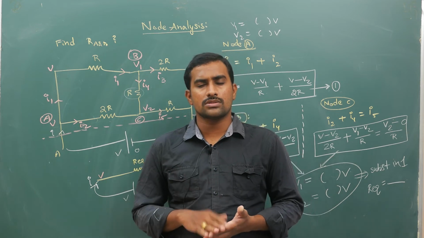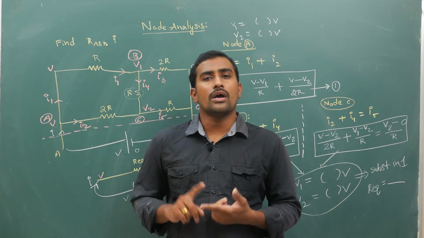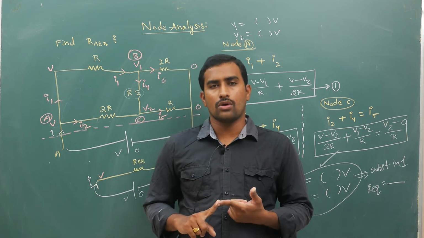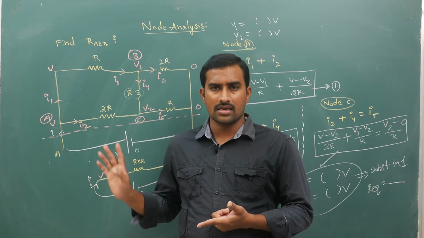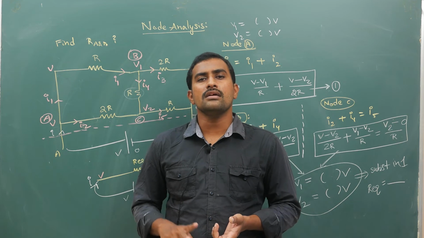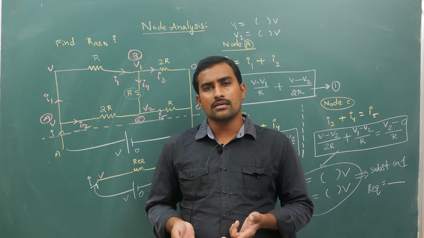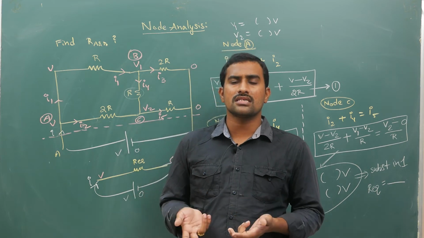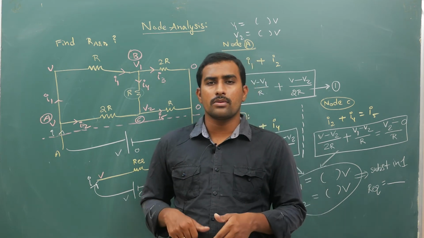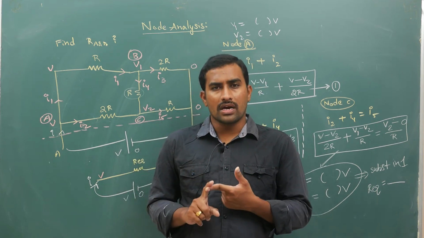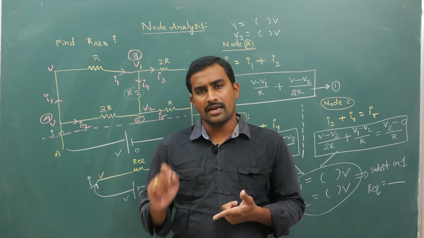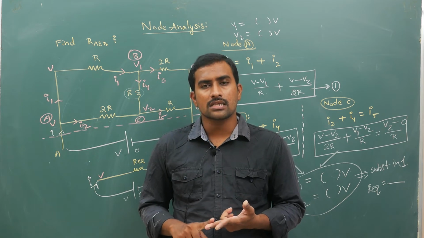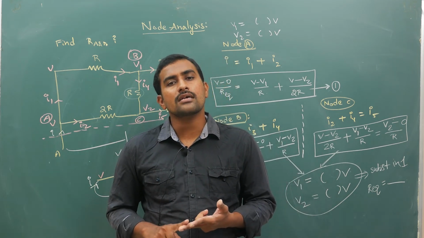In this node analysis, what you are going to do is connect a battery. Is the battery going to be given in the question? No, you are connecting a battery. You calculate the current being sent through it, and the equivalent resistance must also draw the same amount of current. So connecting the battery is the first step. The second step is marking potentials.